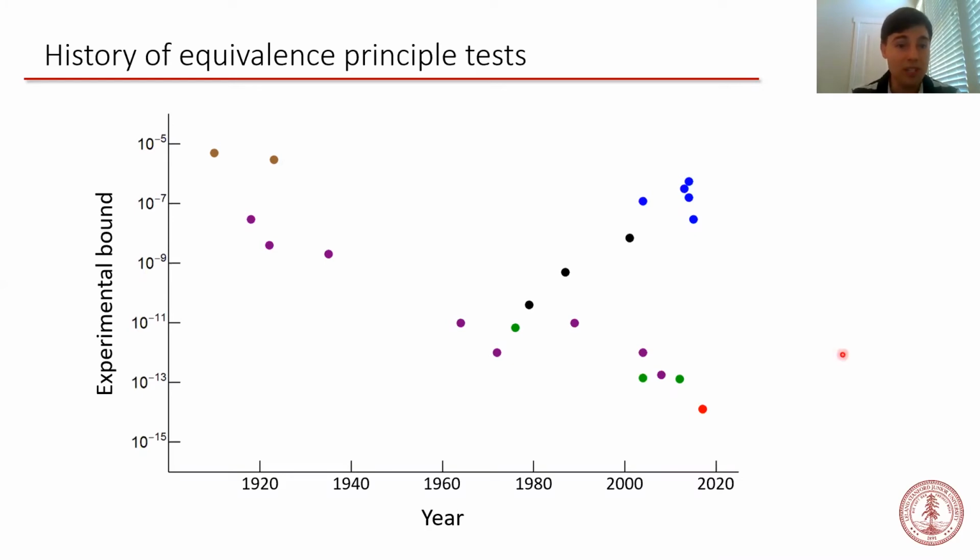The blue points represent tests of the equivalence principle by means of atom interferometry. On the one hand, cold atoms are nearly ideal test masses with which to test the equivalence principle because they're freely falling, they can be very well overlapped in space, and they're not sensitive to many of the systematic effects that influence classical EP tests.